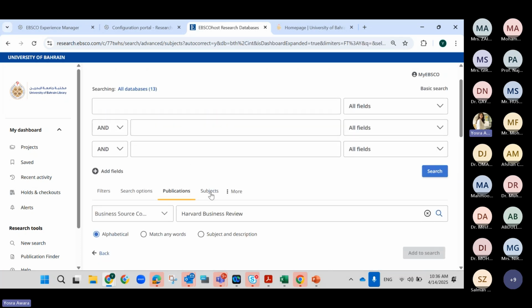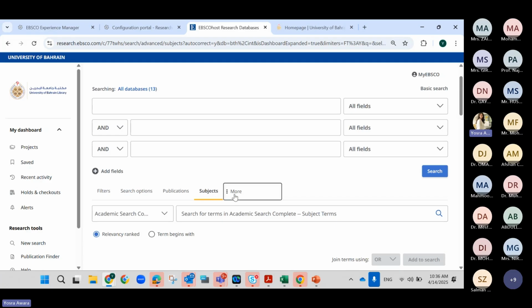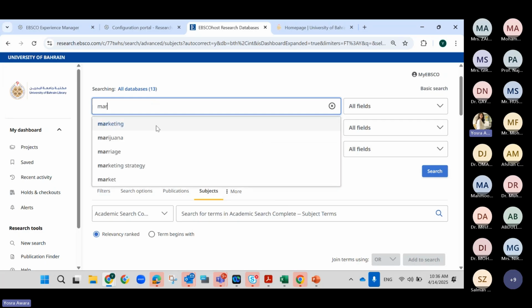We also have subjects here. So we have subjects and we have CINAHL headings. Again, we're talking about CINAHL headings in the session dedicated to CINAHL. But for now, subjects are the subject field of the article. So just to refresh your memory,